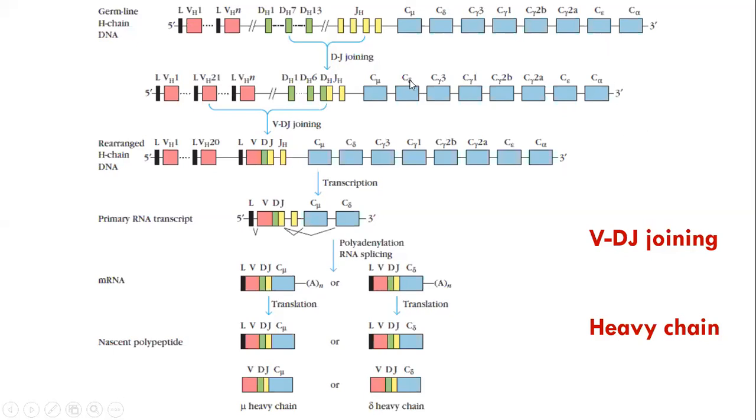Coming on to these heavy chains, we need to generate 5 types of heavy chains. So in this scenario, after transcription, they have taken only mu and delta. Those two only are taken. Again, they will go into a separate splicing mechanism, a separate combination. They may have a common sequence here, but they differ here by this C alpha and C mu, delta. That's why they are called isotypes.